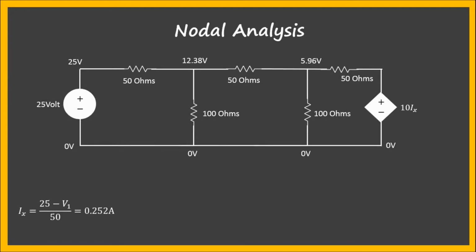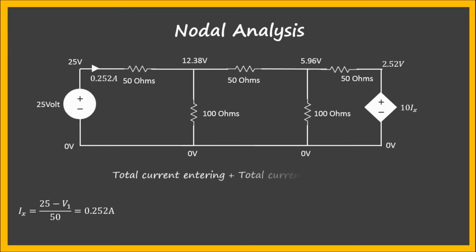You may remember that the voltage at the right corner point was 10 multiplied by Ix. So as we have determined the value of Ix now, the voltage at that point can also be determined. Now we have determined voltages on every point of the circuit, and the values of each resistor are already known. So we can simply determine the value of current.